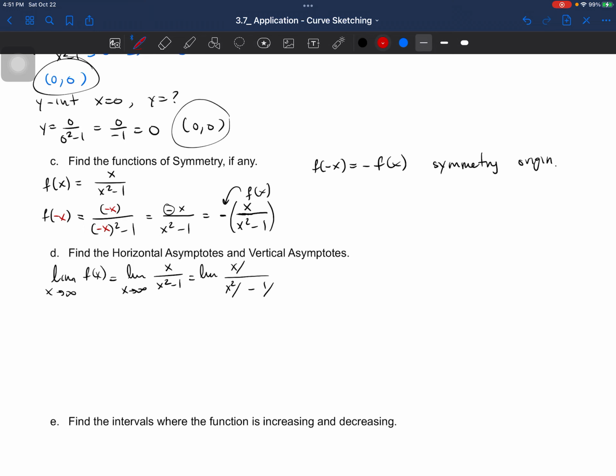So we're going to divide both top and bottom by x squared. We can do this because technically we're multiplying this by 1 over x squared, and multiplying this by 1 over x squared. So this means that we end up getting, as x goes to infinity,